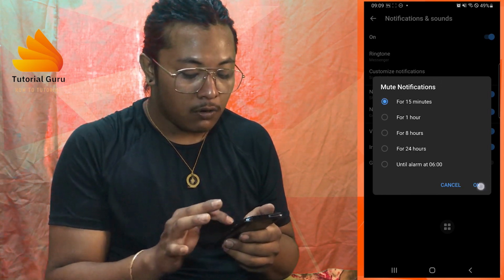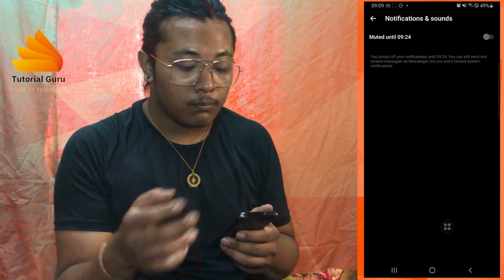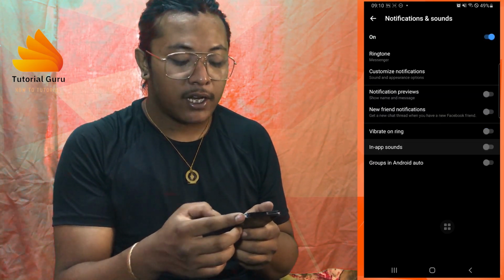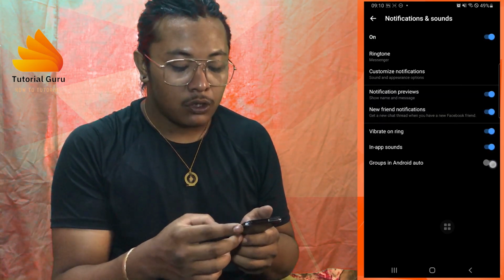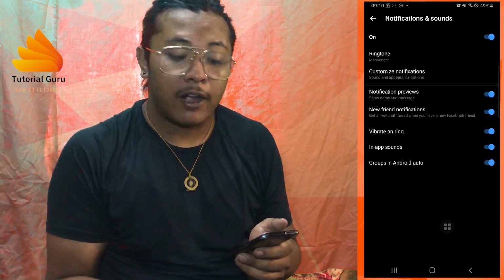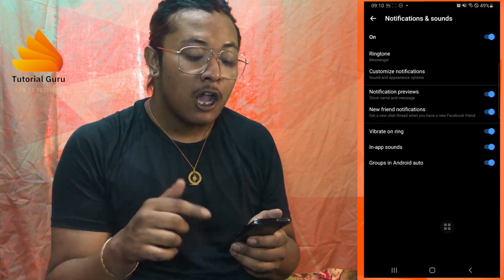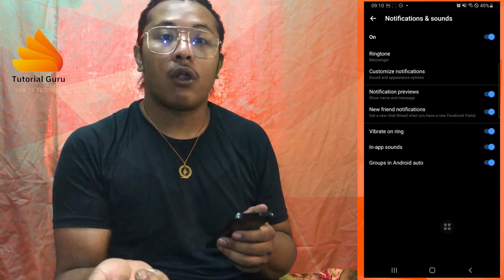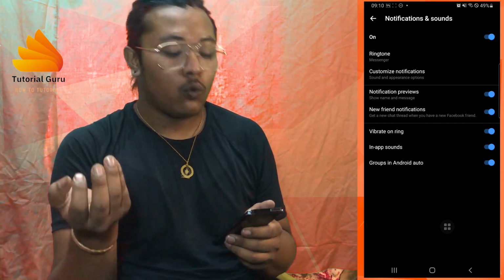you can turn it off for as long as you want. But with that being said, if any of these icons are turned off like this, turn it back on and your Messenger sounds will be available again through your Messenger. But if all of these settings are turned on in your Messenger but the sounds still won't come back, if